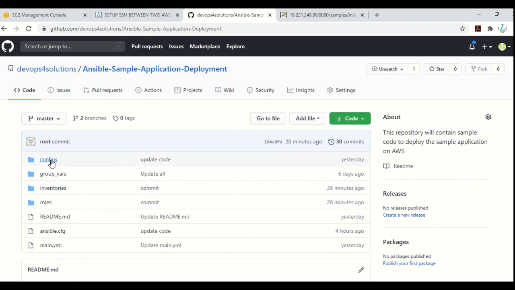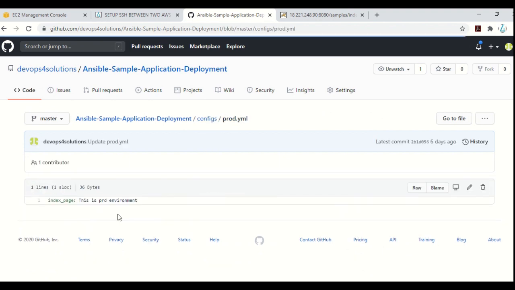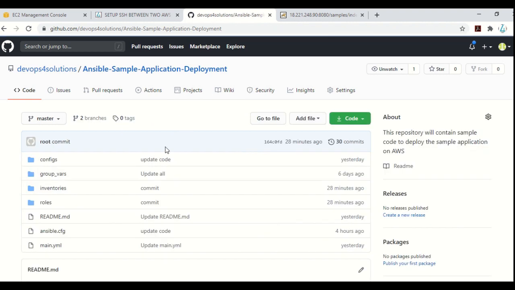If you go to the config files, in the dev.yaml file, I have this index page and I have put this is dev environment. And in this prod.yaml, I have said this is prod environment. So this is how you can put any templates or anything related to variables. If you want different things on different environments, you can use the configs variable files for that.